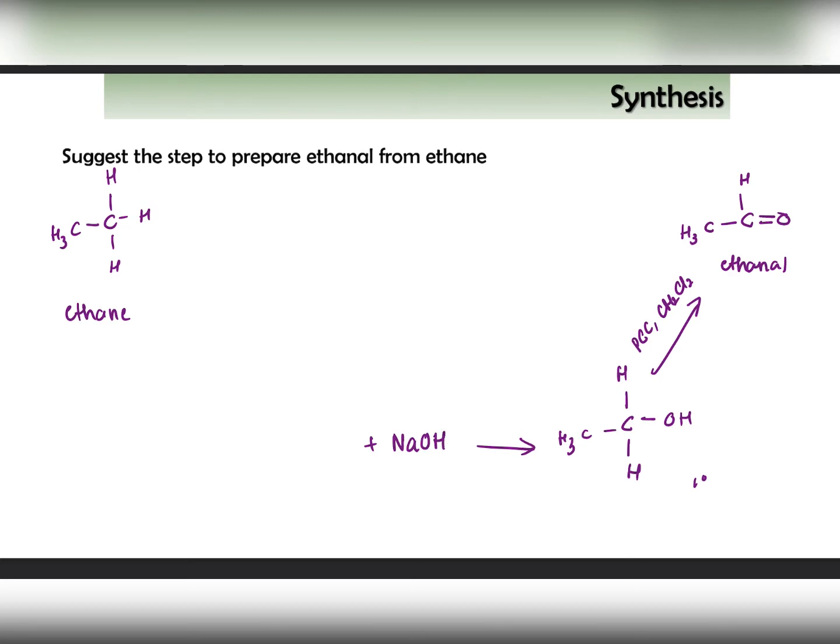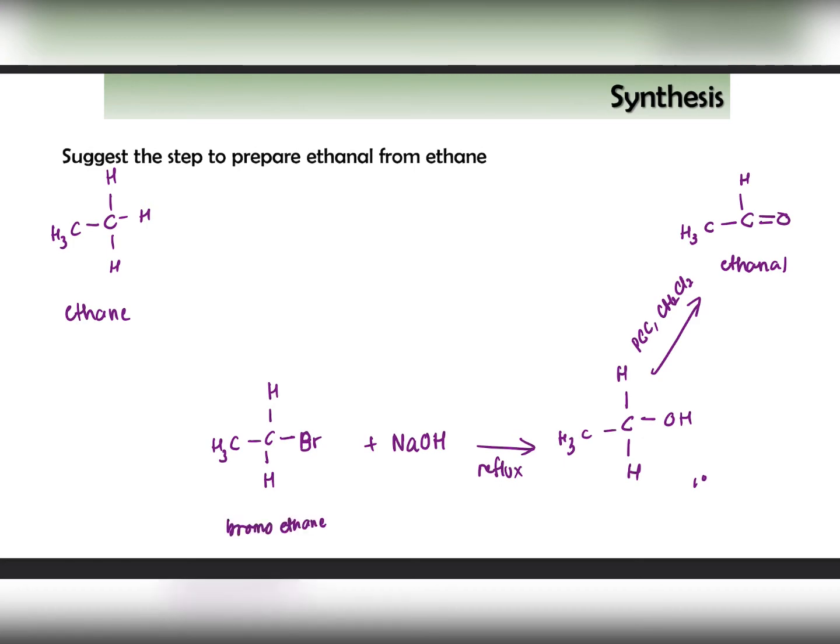Okay, anything to get OH. And then mesti condition dia undergo reflux since you are dealing with haloalkane. So this part of OH, dia adalah halogen. So any halogen it could be. Okay, so I choose Br. Okay, so ini adalah